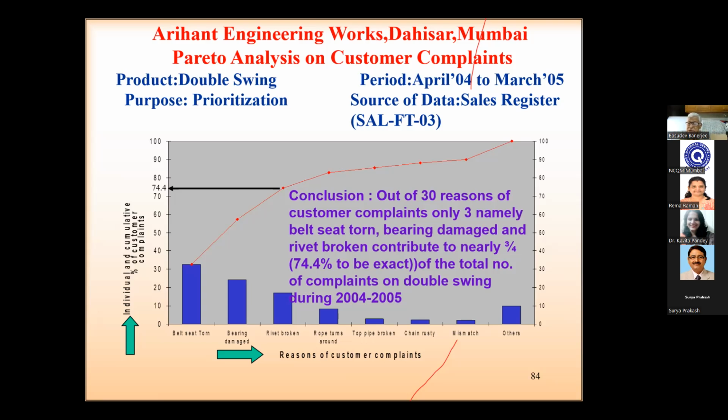Now, the meaning of this is that you as a boss should concentrate only on these 3 reasons. Your assistants can look after the other 23. You don't fritter away your energy by running after 30 complaints and all that. So prioritization takes place in this. Can you give an example in your industry or in your work area where you can apply this? There's a tremendous application potential.